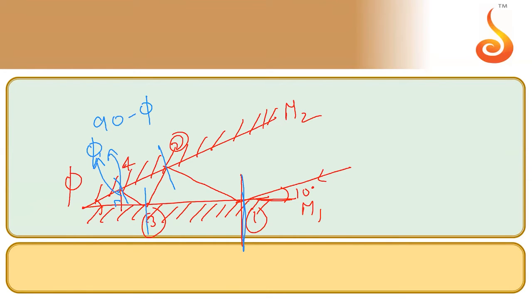Is it okay with all of you? That small angle on the 4th reflection, I am calling it as phi. Is it clear to all of you? The angle of reflection on the 4th reflection is what I am calling phi. If the angle of reflection is phi, you can immediately see this angle is also phi. Reflection properties: angle of incidence is same as angle of reflection.